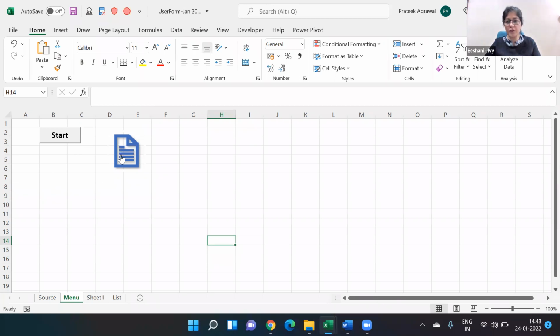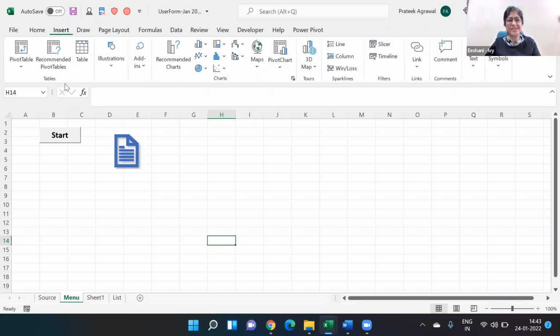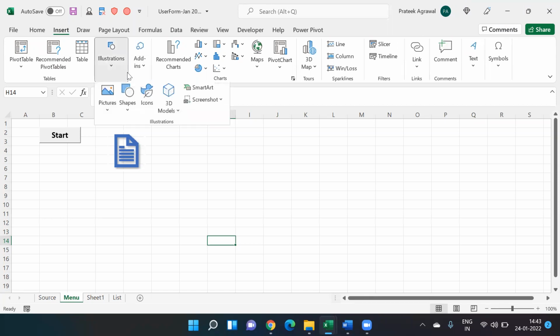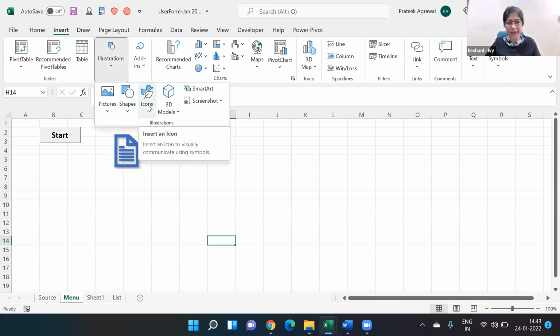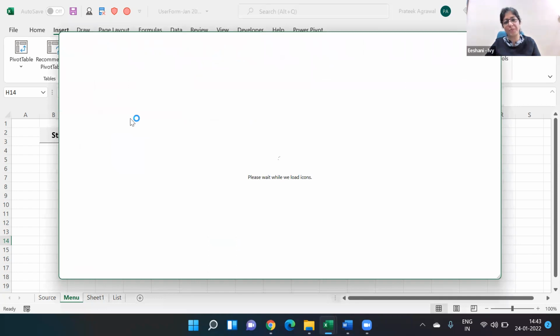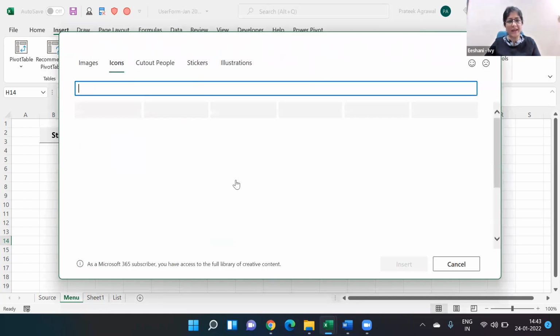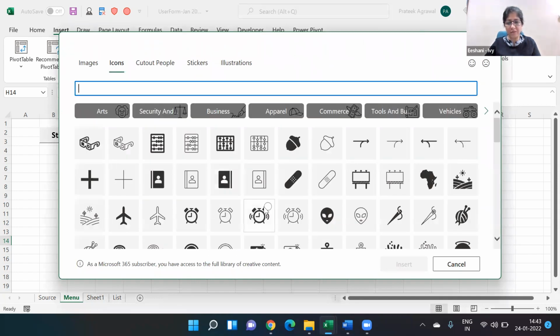Then I don't know who was showing the sheet where you saw very fancy icons and you were like, what is this? What is this? I forgot who was showing the sheet. So you can always go to icons, you can always go to pictures. You know how to pick icons from online and from the website. So if you pick an icon over here, whichever icon is more suitable, then you can pick that particular